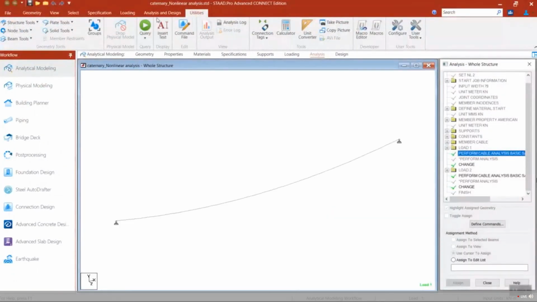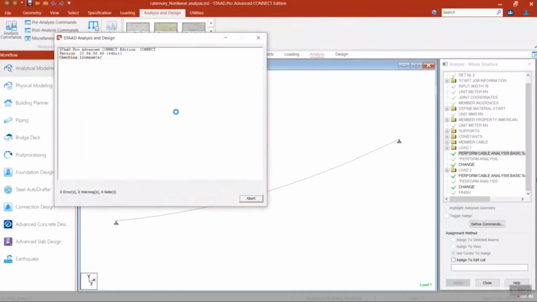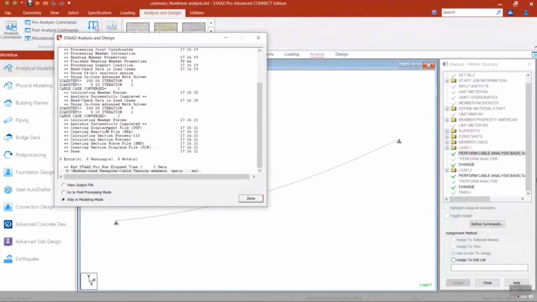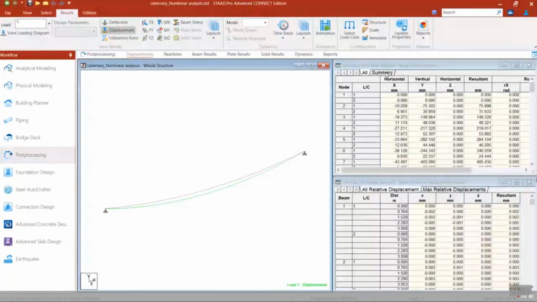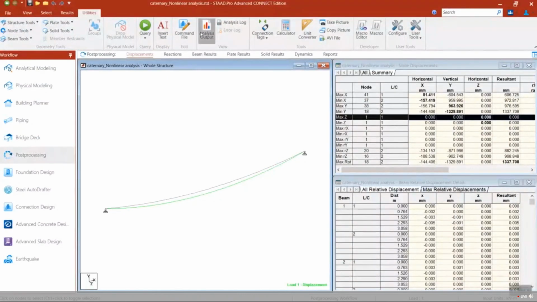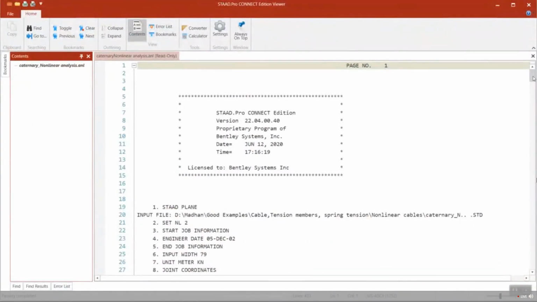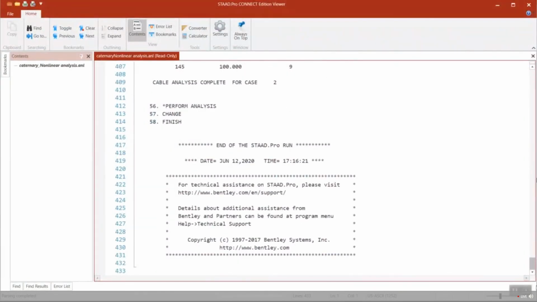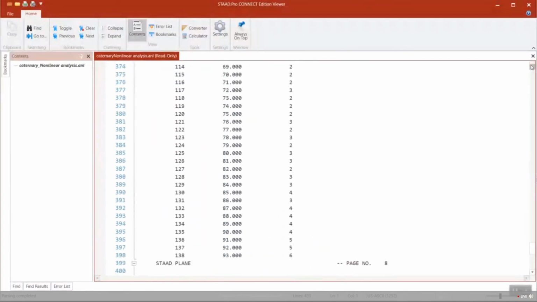So we can now rely on the results. The maximum deflection is approximately 1.3 meter. The output file is free of error messages or warning messages. I hope this example gives you a clear idea of how to start from the basic command using perform analysis, and then getting the wrong results, and then we started using the perform cable analysis,